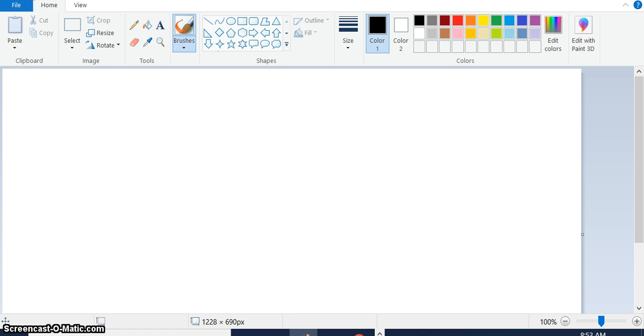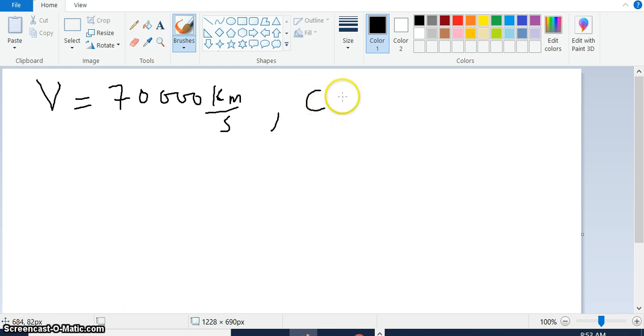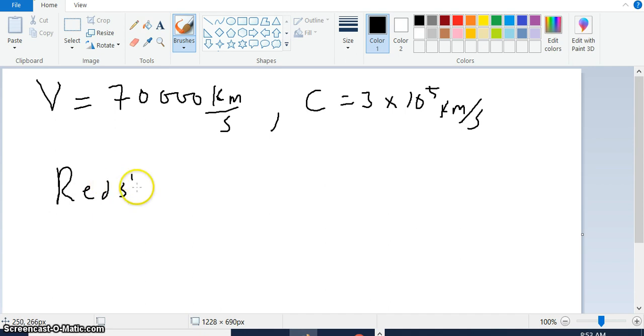Once we know the recession velocity is 70,000 kilometers per second, that's the only thing that's really important to get the redshift. The other thing we need to know is the speed of light in kilometers per second, which is 3 times 10 to the 5th kilometers per second. The redshift is equal to the velocity divided by the speed of light, and since the velocity is in kilometers per second, and we have the speed of light in kilometers per second too, which we do already,